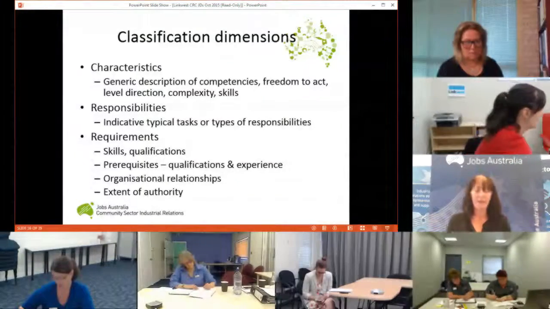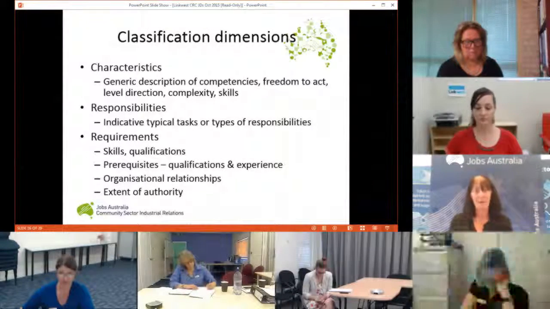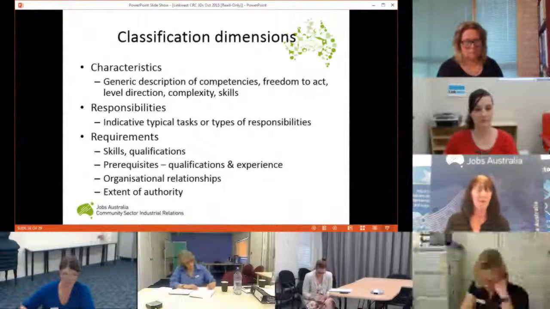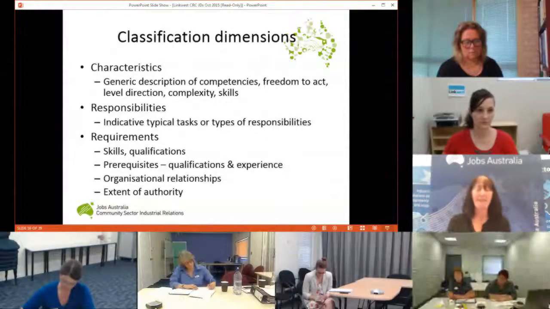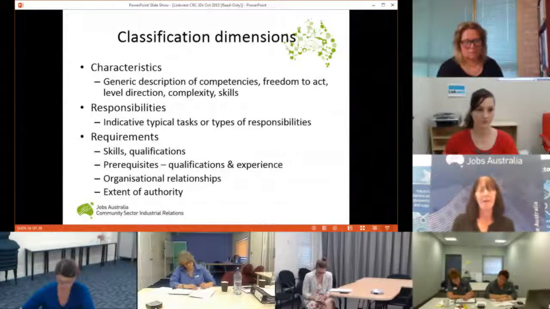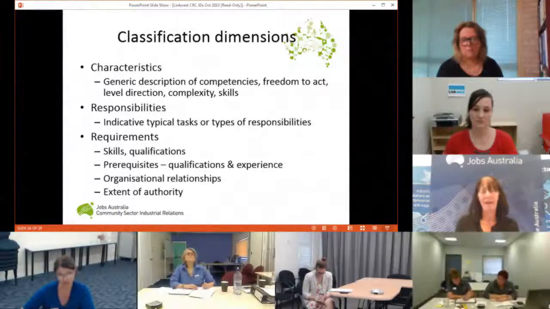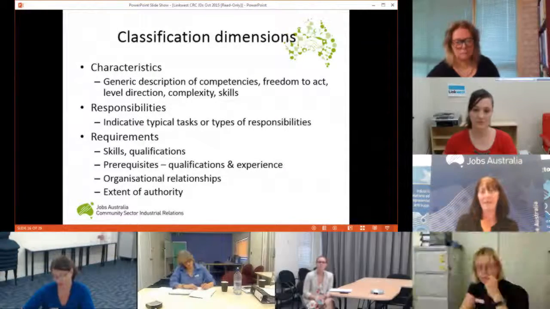Then it has responsibilities, and they're really the indicative types of tasks or responsibilities set out in the award. It also has requirements for skills and qualifications and the prerequisites, and it takes us right through each of those, as I said, from the classification 1 to the classification 8. And it's really key in us being able to assign a classification, and that's because they're set out quite clearly